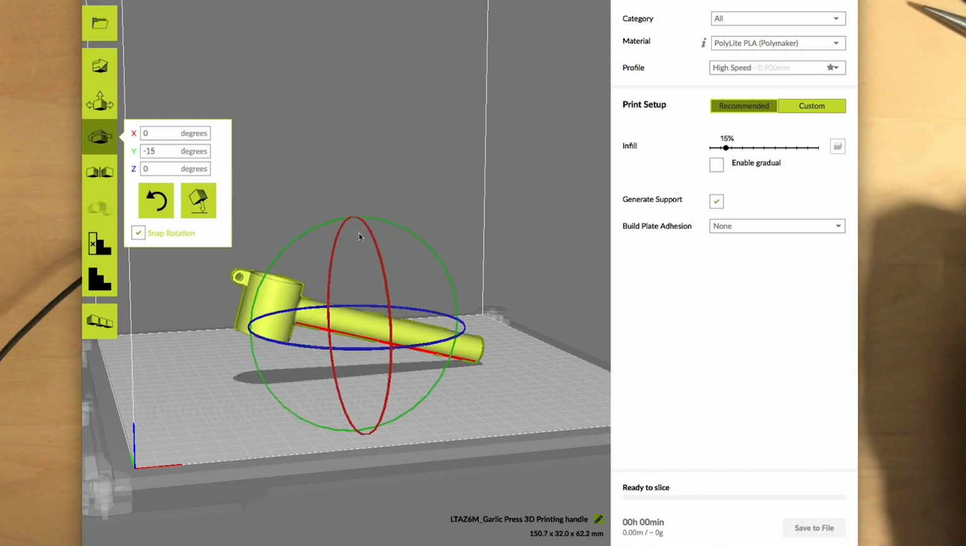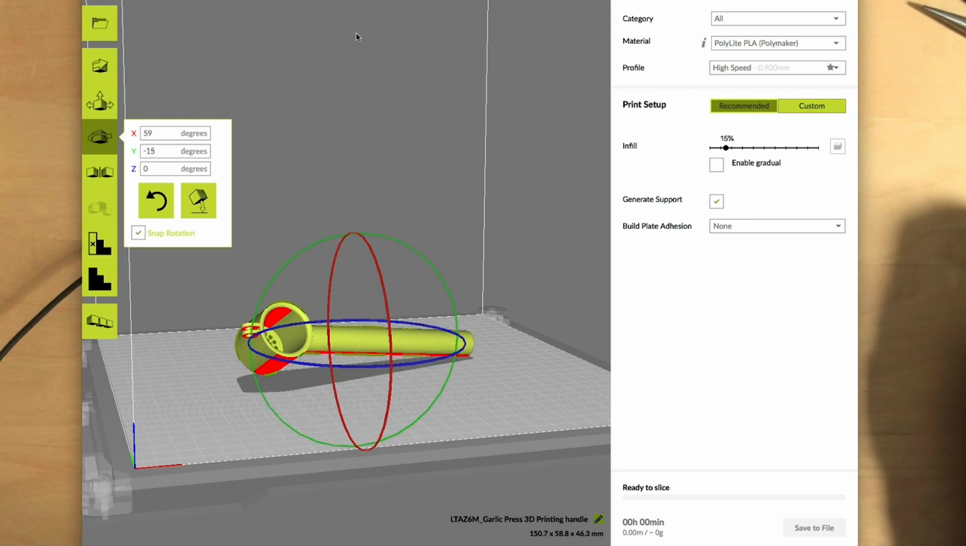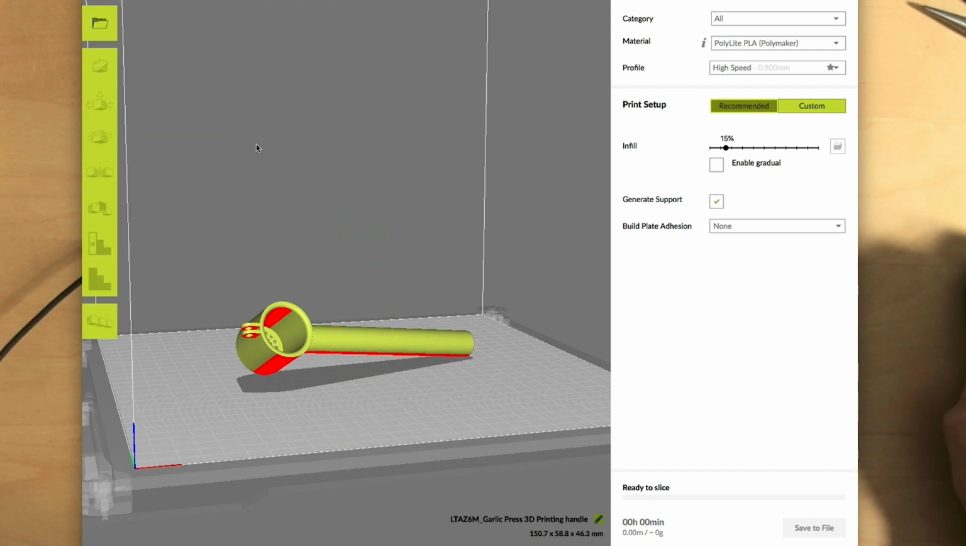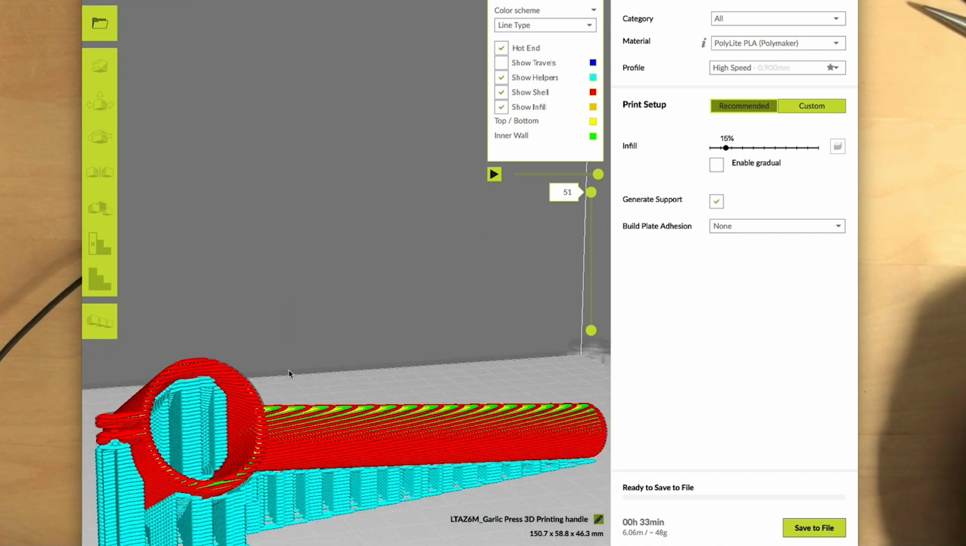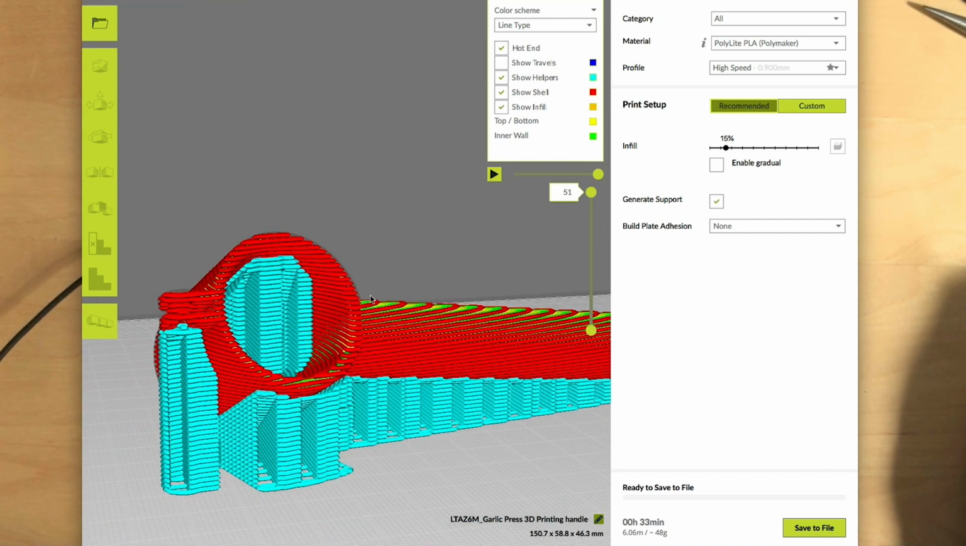Also, you don't want to do something like this, where your object is rotated awkward, because the print layers are very irregular and crazy, and you also have support everywhere. Because with the support,